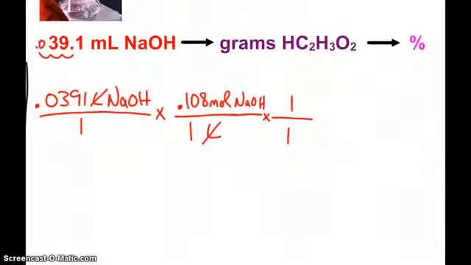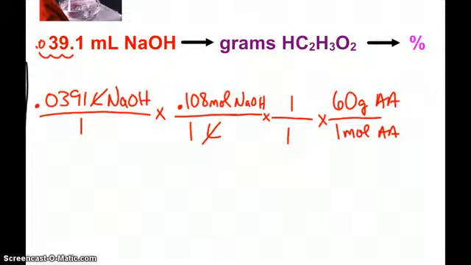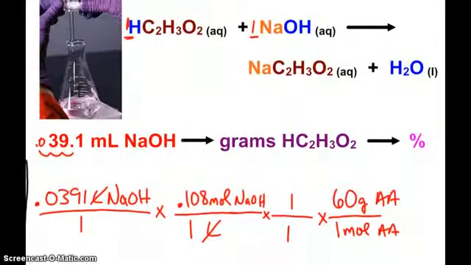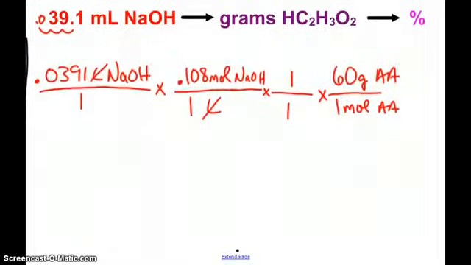And now I can change from moles of acetic acid to grams of acetic acid because the molar mass is 60. I've got 1 hydrogen, 2 carbons, 3 more hydrogens, and 2 oxygens, which will add up to 60. And so when I do the math here, I see that it comes out to be about 0.253 grams of my acetic acid